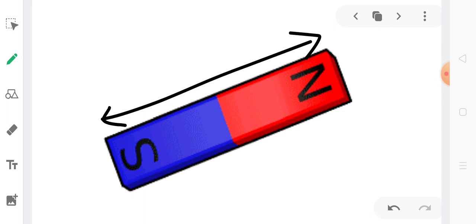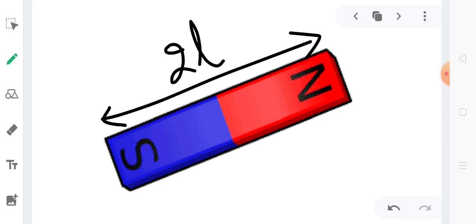This means in order to have a strong magnet, you need to have very little separation between the two poles. So as you can see in the bar magnet, there is a wide separation between the North Pole and South Pole, which is called the magnetic length. The distance between the North Pole and South Pole is called the magnetic length and usually denoted by 2L.